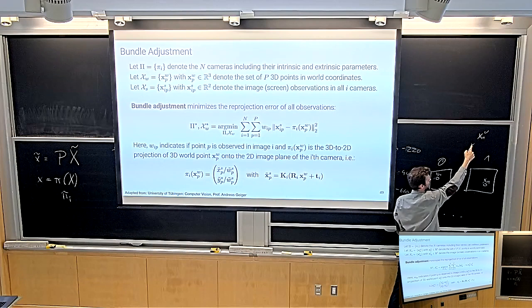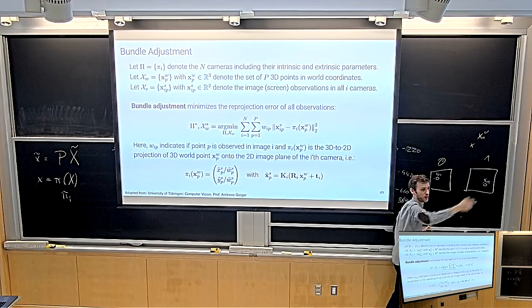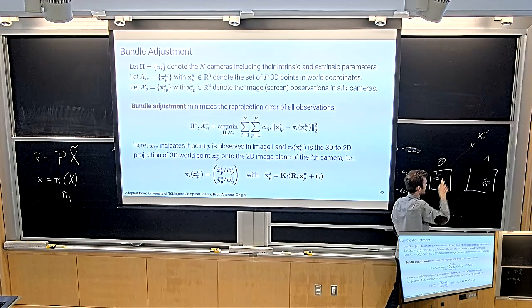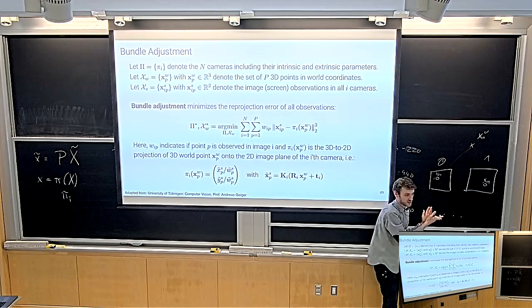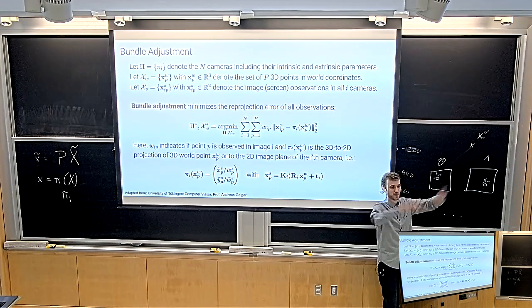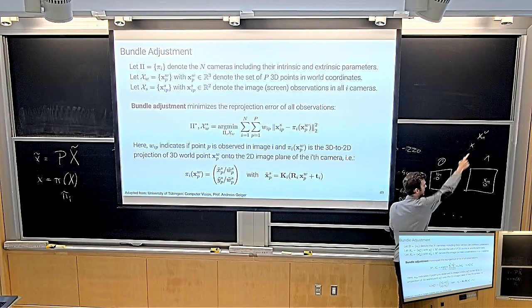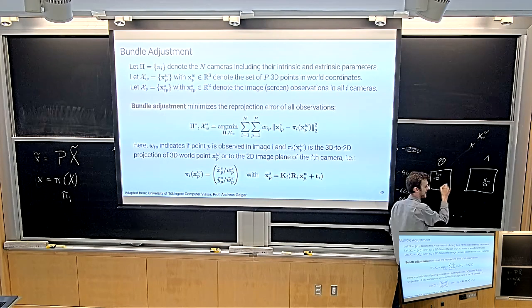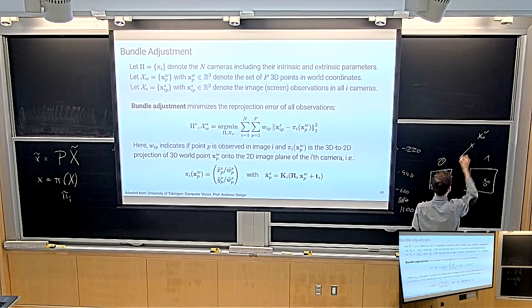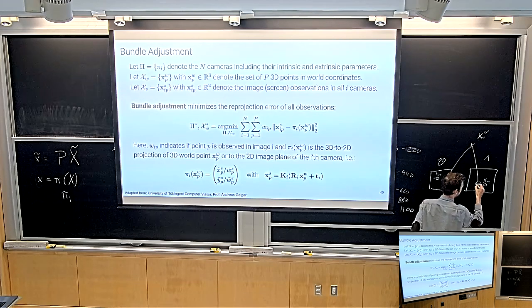Now what we're doing is randomly initializing the 3D point because we don't know it. Then we project it onto all of these cameras, with the projection matrix that we also don't know. So in the beginning, we don't know anything. We randomly initialize it and project this point here. I'm going to draw an X for the point and make a circle around it. So X, circle: this is going to be this projection, and this is going to be this projection.